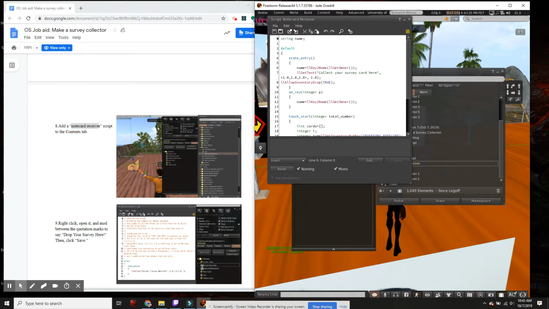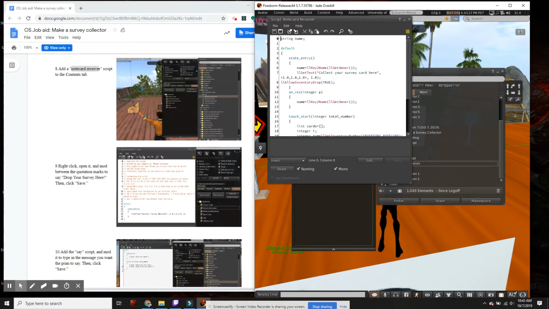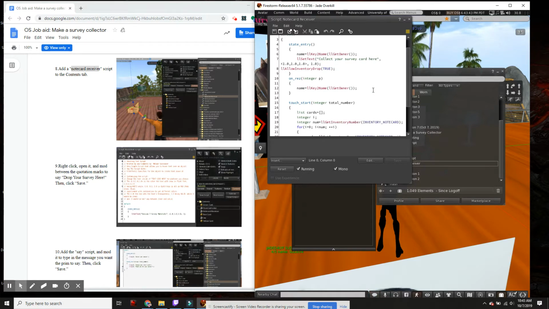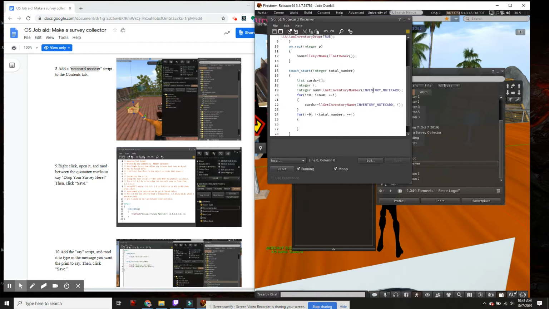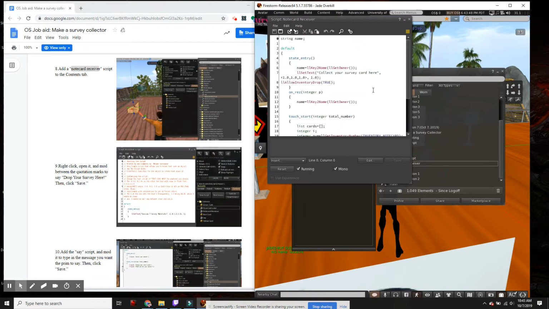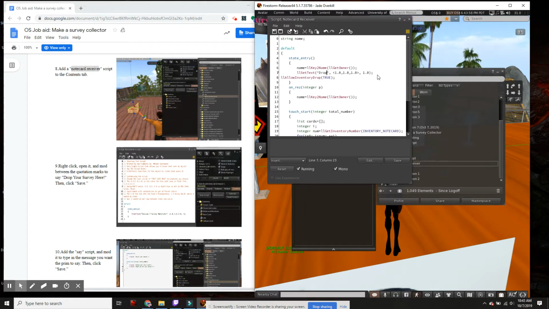It's not going to look exactly the same, but it's going to do the same job. So right now what we want it to say something along the lines of survey collector. So right now it's set to collect your survey card here. That's fine. If you want to change it, you can change it. So for example, on the job aid, it actually says drop your survey here. So in between these parentheses, you want to change it to drop your survey here,